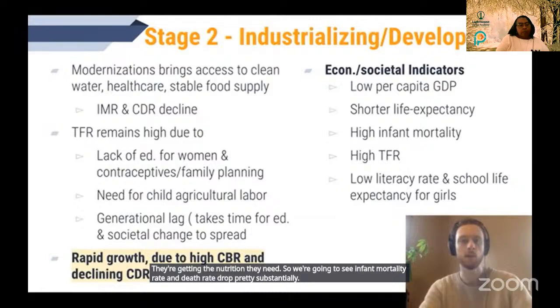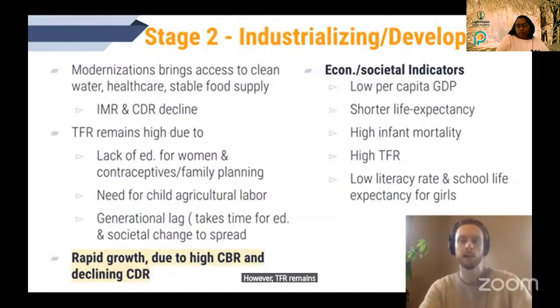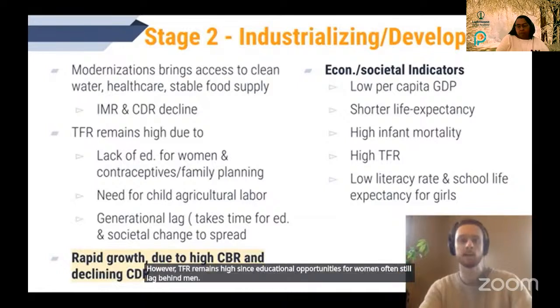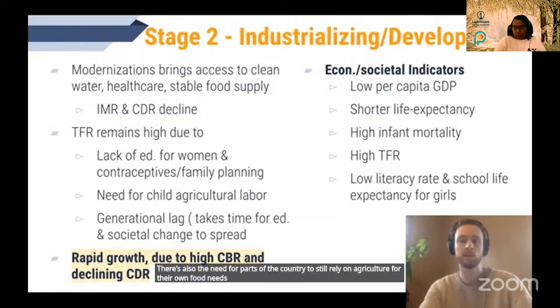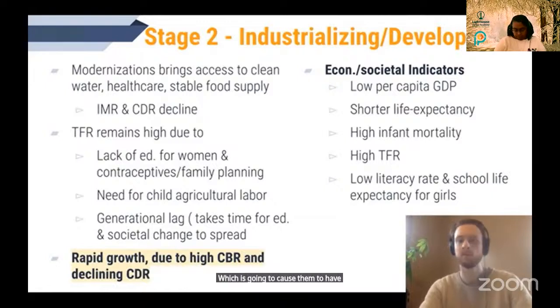However, TFR remains high since educational opportunities for women often still lag behind men, and access to contraceptives and family planning are slow to become available. There's also the need for parts of the country to still rely on agriculture for their own food needs and their income, which is going to cause them to have more children to provide that labor and that income